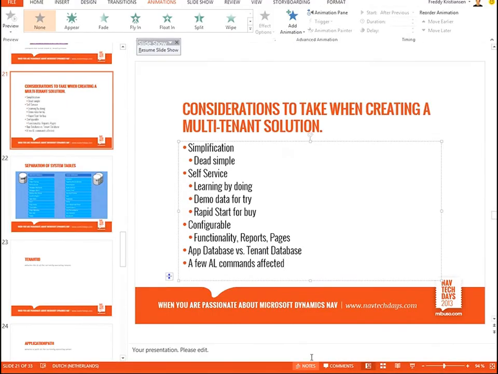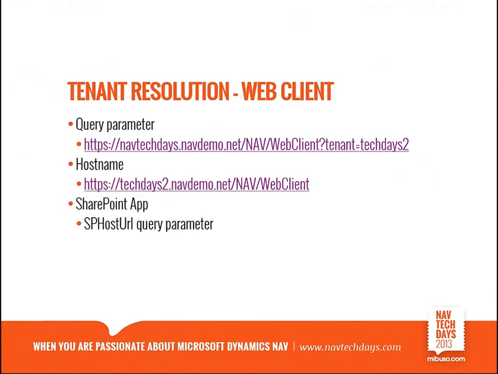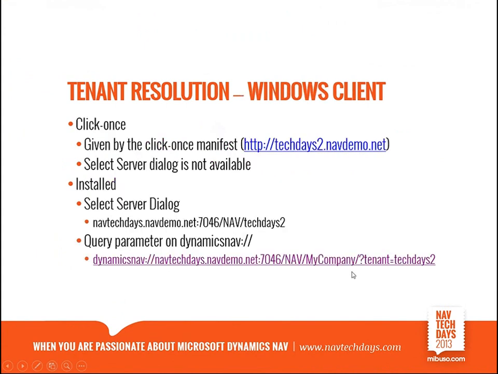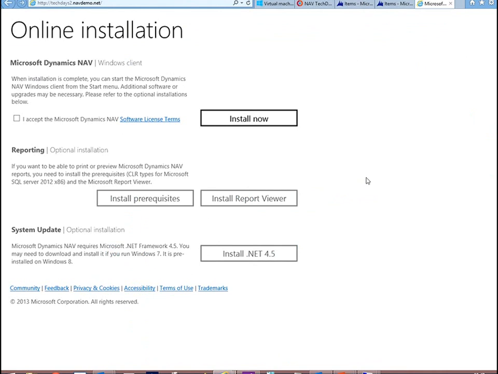Looking at the Windows client. If you're running ClickOnce, the select server dialog is not available. You'll always get the tenant for which you got the ClickOnce manifest, and in my case, http techdays2.navdemo.net. If I click this one, I will get the ClickOnce manifest for TechDays 2. If I go up here and select TechDays 200, I will get the ClickOnce manifest that connects me to TechDays 200,